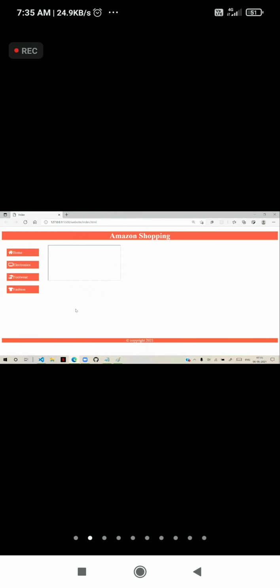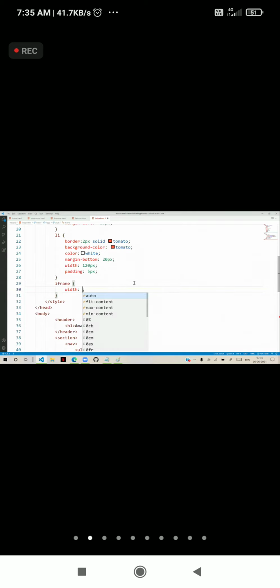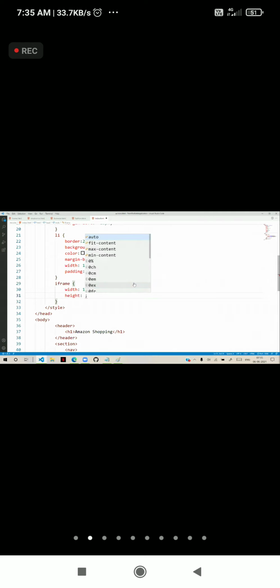Now these are the anchors, the links we are having, and on the right side I have an iframe. I will write here iframe, and for the iframe we will define width as 100%, and height we will give according to the section, 400 pixels.